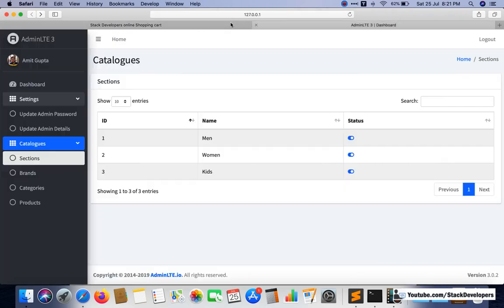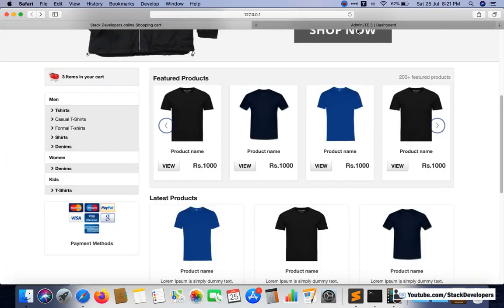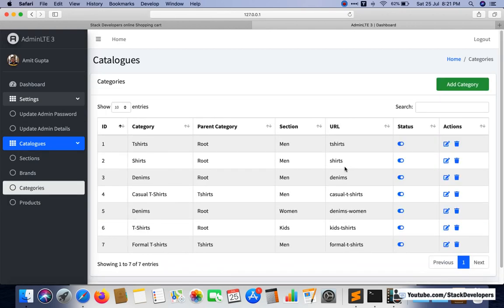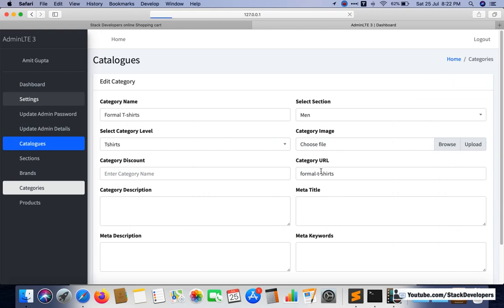Okay, now I am going to do another thing. I am checking with that. I don't know whether it will work or not, but let me try. I am going to disable the kids category now. Okay, so let's see. I am going to disable this one, the sixth category, that comes under the kids category. Okay, and I am going to check the seventh category.